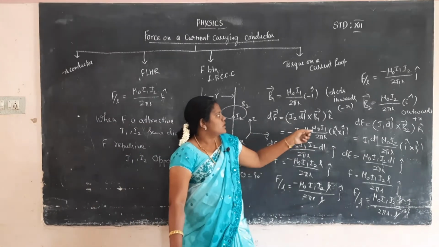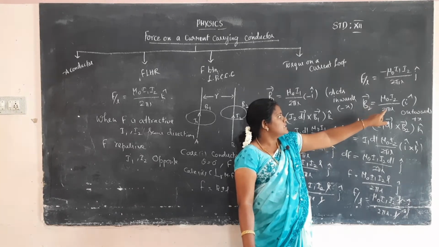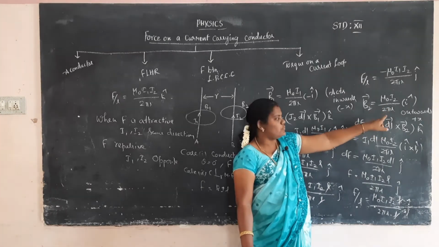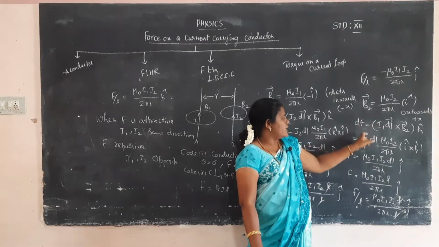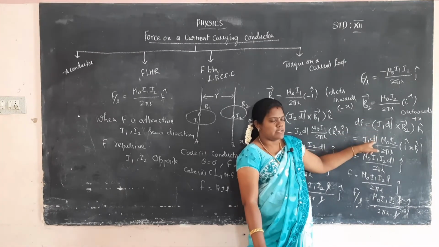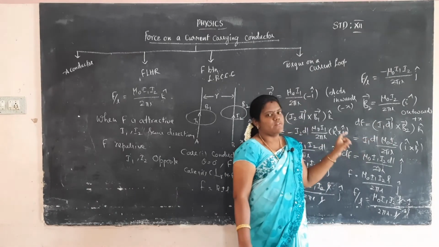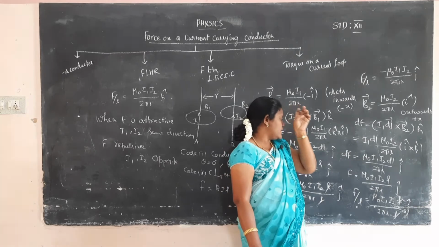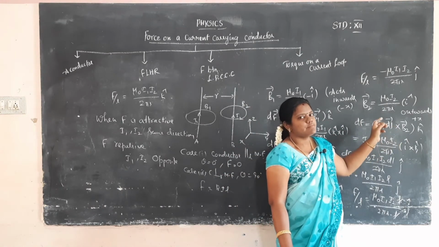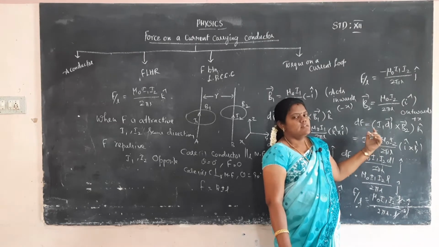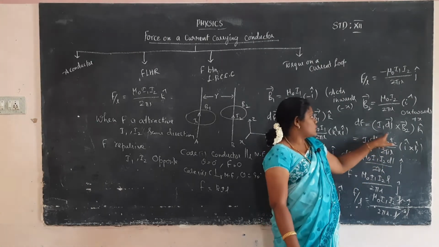First we consider the magnetic field created in the second conductor. The magnetic field will be acting outwards, so we take the positive x-axis. Then the force acting on the second conductor, dF, is equal to I1 dl, the current flowing in the first conductor per unit length. Sorry, the magnetic field will be applying the force on the first conductor, that is